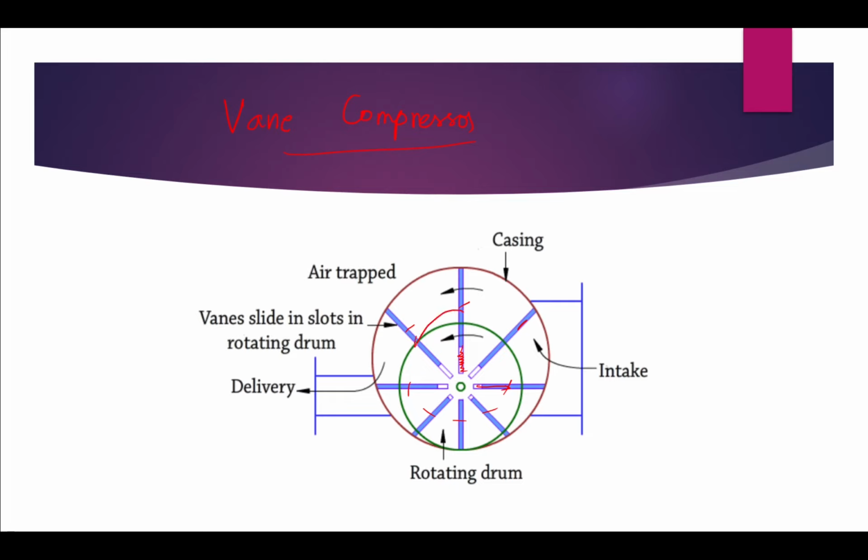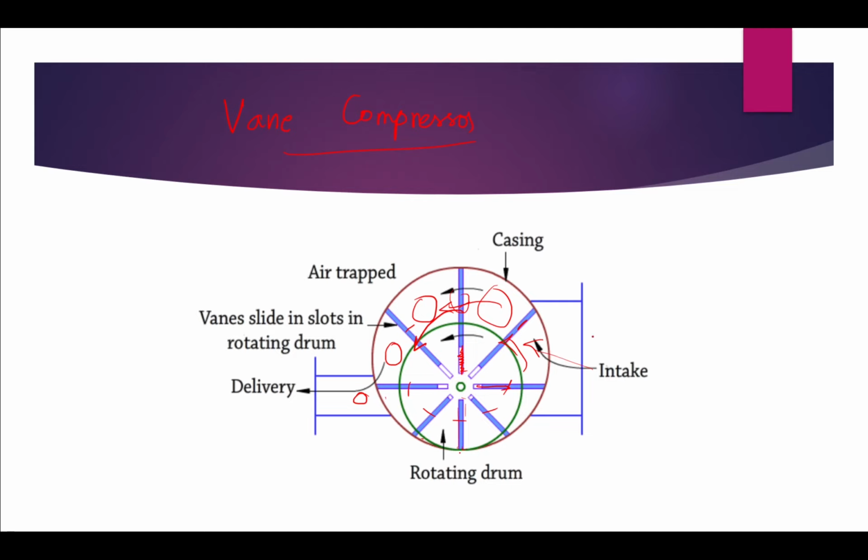When this is rotated in this direction and comes to this position, this spring will be fully compressed and this vane will be inserted into this slot. Here there is no chance of going back. There is no gap between the casing and the vane. So when it is rotating in this direction, air will be coming in this direction. As it goes in this direction, the area of the space between the vanes will be lesser and lesser. So this air will be delivered here because there is no chance of this air coming back.